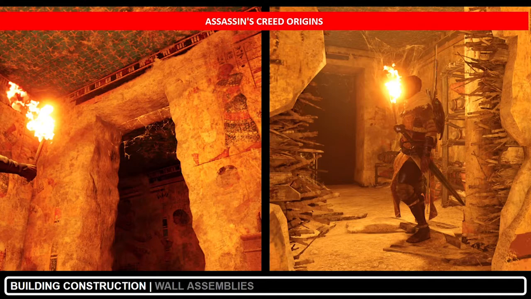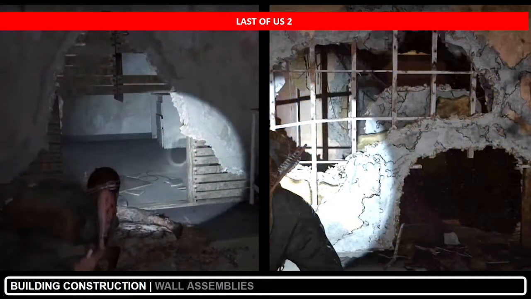In addition to the representation of the social and cultural life in ancient Egypt exhibited in Assassin's Creed Origins, a diverse collection of wall assemblies and building assemblies are shown as well. These range from expected mortar construction typical of the region, as well as the surprising and typically European wood post and beam techniques. From historic games to modern titles like Last of Us 2, modern representations of walls are shown from residential timber framing with board and batten techniques, to steel stud commercial walls, revealing placement of insulation, stud bracing,